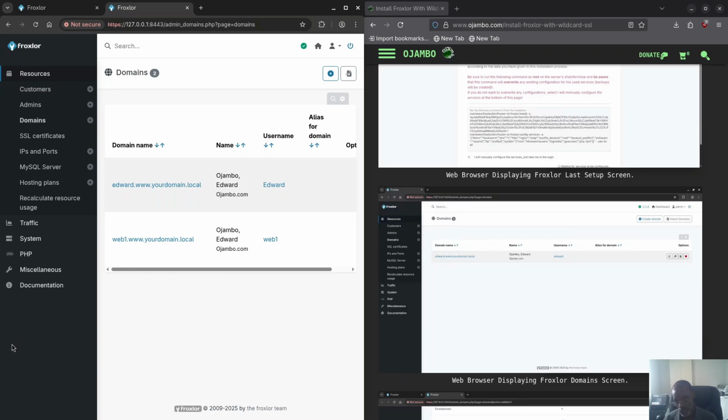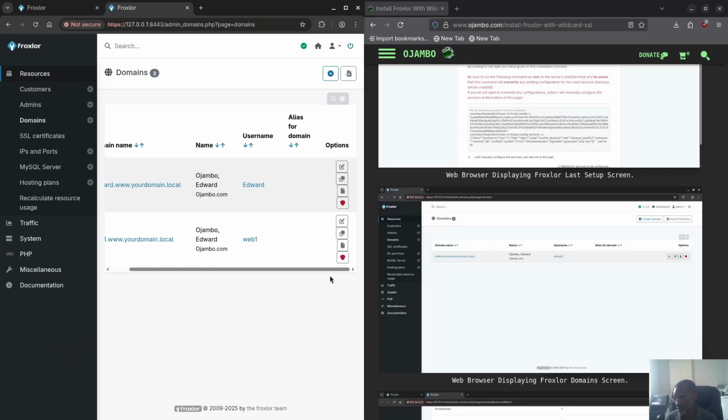This tutorial was meant to show you how to install an SSL certificate for Froxlor, a wildcard SSL certificate. Obviously, that was self-signed, but if you buy one, you can do the same thing, just install it in your server. So that's it. And you can see here, the other options, there's quite a lot of options. I said I have a dedicated tutorial for this, but this one was strictly to show you